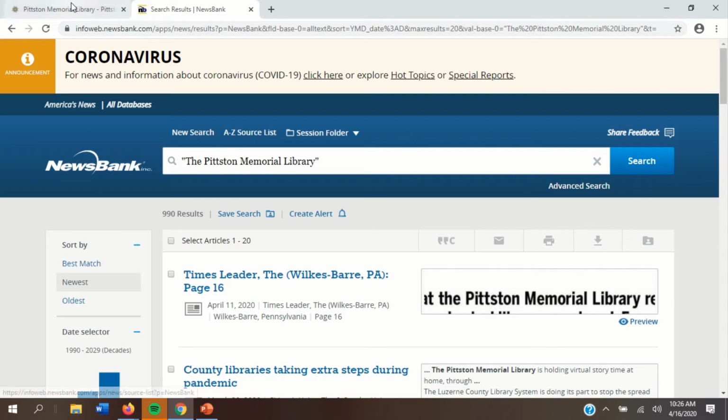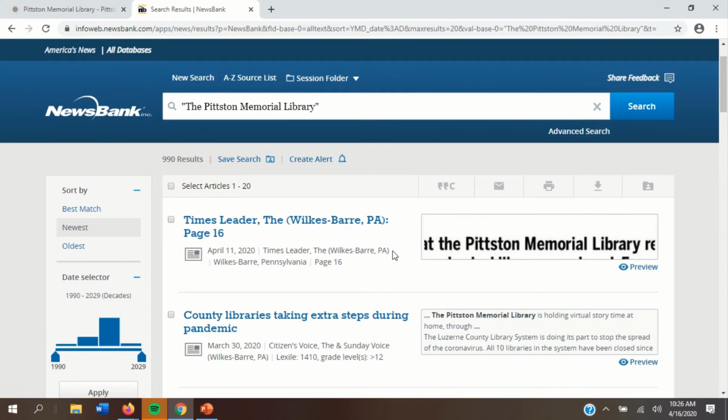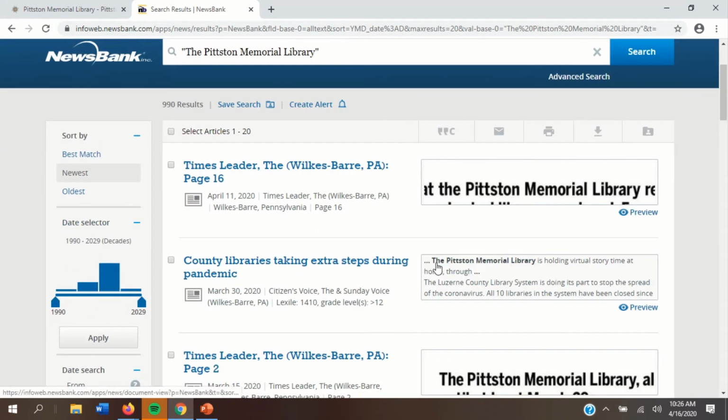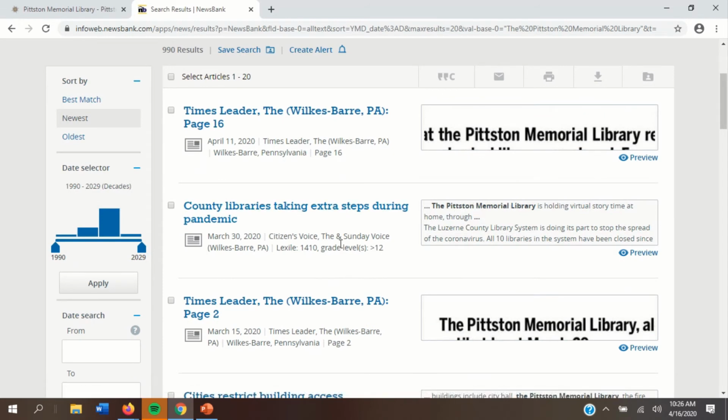Okay, so you can kind of see I got a pretty good surge of options here. So this bold here is my quote. They're showing me that this exact phrase got pulled, and as you can see, the news is current. So this is from March. They're talking about the pandemic and what the library is doing, so we all know about that. And this article is from as recent as the 11th, so that's this week, so that's pretty good.